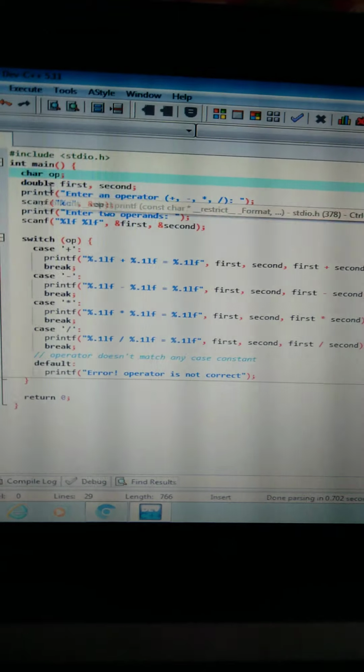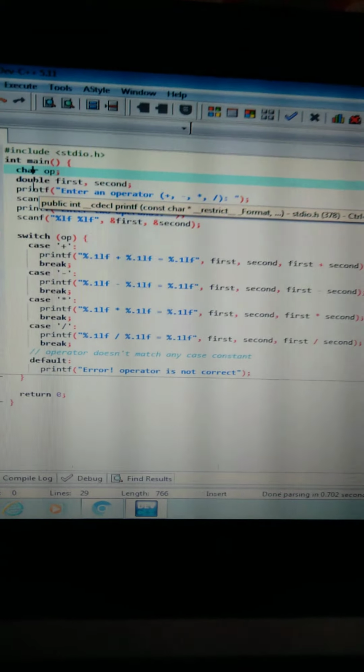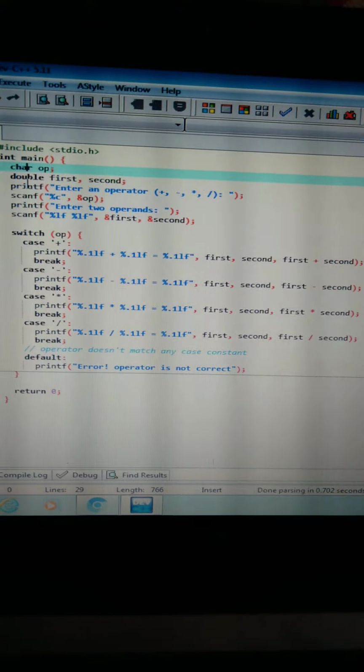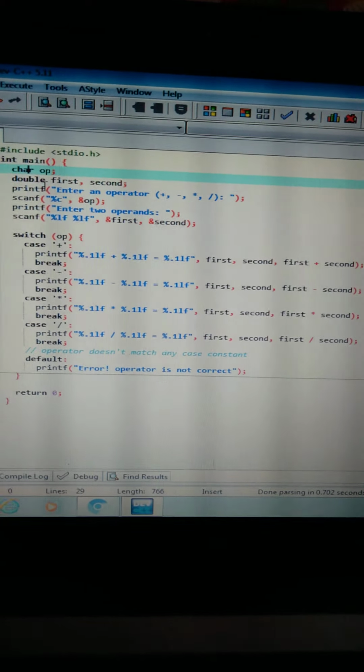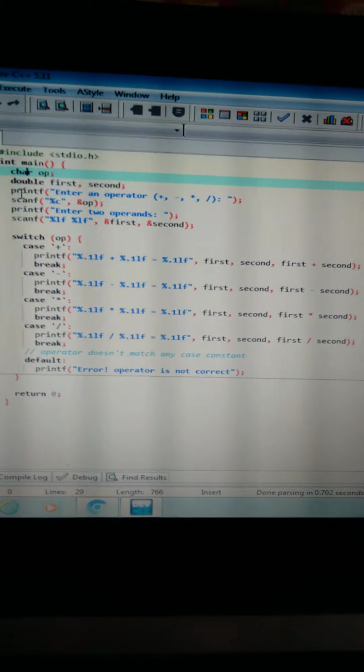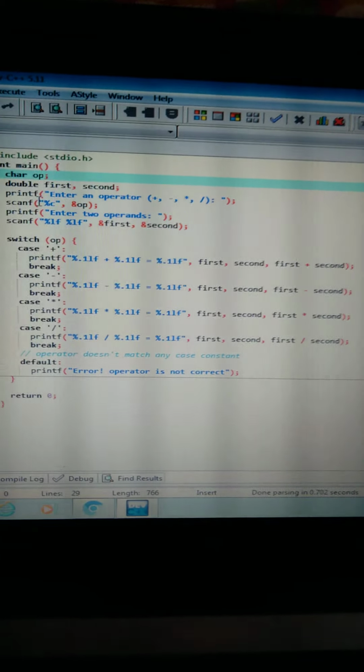Now we are declaring double first, comma, second. These are the operands of type double. We can take int, float and different data types here, but here we are taking double. Now to print a statement on the output screen, we use the printf statement.